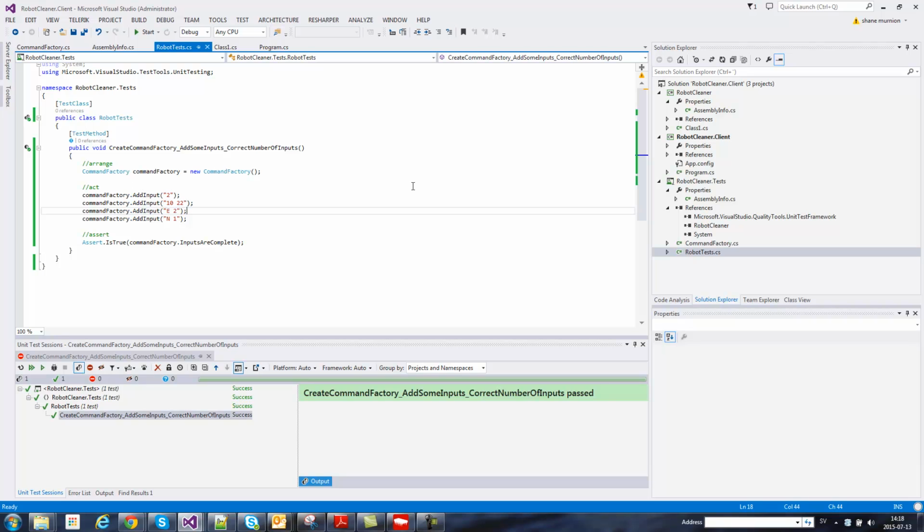But we've got a couple of problems here because obviously we've just got 2 commands and a header, 2 header lines and 2 commands. So that's not very good with how we've implemented our add commands and our inputs are complete. And secondly, it's not going to work for anything other than 4 lines of code. So if we change this so we add 2 input commands, and we get back inputs are complete. So if we just create a new test,